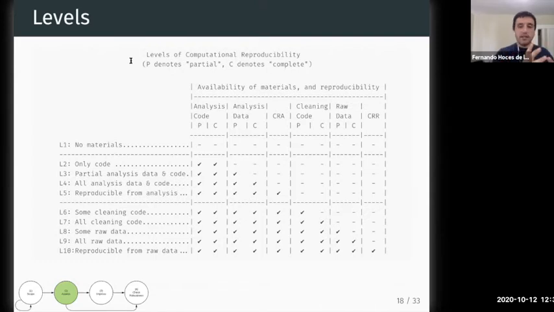Once they have all the materials and a clear understanding of everything that goes behind a display item, we'll ask the reproducers to score the reproducibility of that particular display item. So here we have come out with a 1 to 10 scale, 1 being the lowest, 10 being the highest. And the way we think about this is